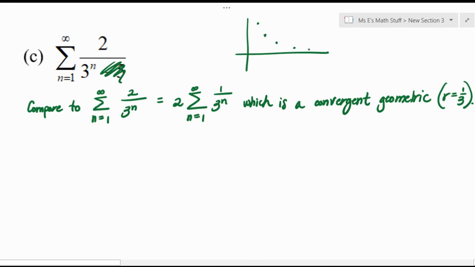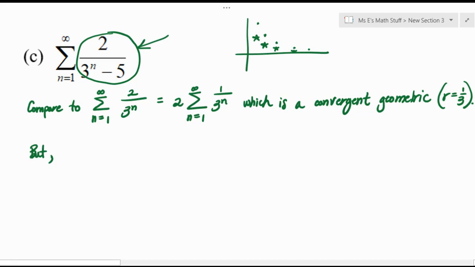For my logic to make sense, the comparison test, I would need these terms to be below, right? To say if the other one adds up to something finite, this one must as well. But the problem is that you're actually dividing by a smaller number in this one. So you'll get a bigger result. And so we'll say, but,